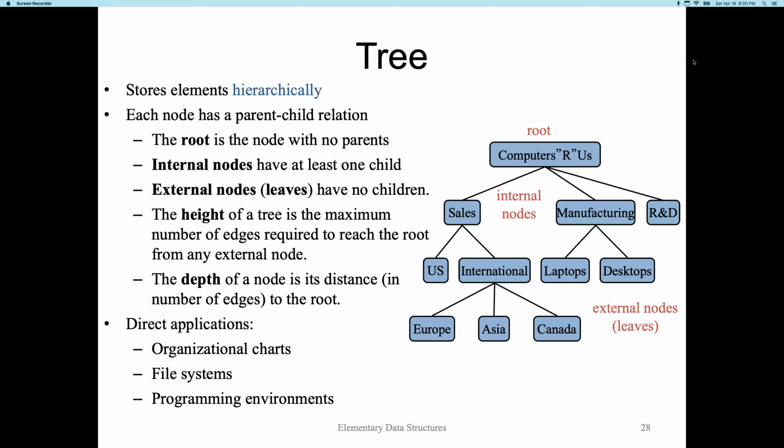So we've now seen a few linear data structures, and in this video we're going to move on to nonlinear data structures, and that is trees. So a tree will store elements hierarchically. A tree is a set of nodes. At each node we store the object that we're working with, and every node has a parent and any number